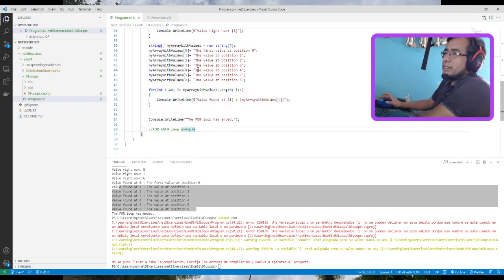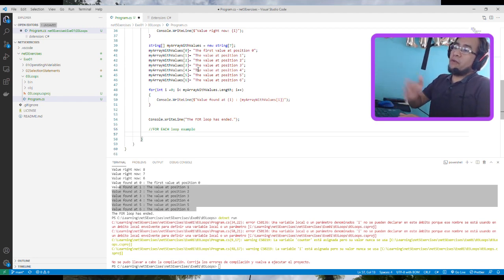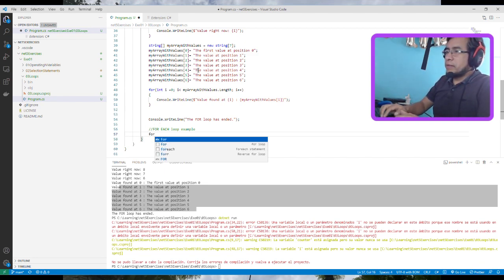Another way to do this is the for each loop. So instead of using for int I, sometimes you don't have exactly a position, like in dictionaries or other types of array structures. So instead of using that one, you are